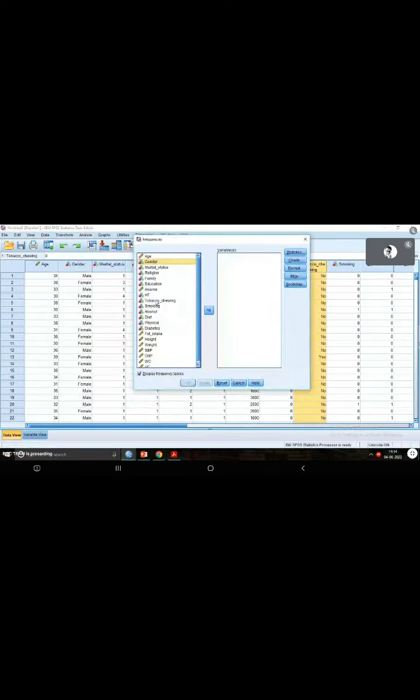Okay, let me cross check that. Someone said 14.2. Yes, that is correct. So you can see here, a total of 14.2% of people said yes for tobacco chewing.